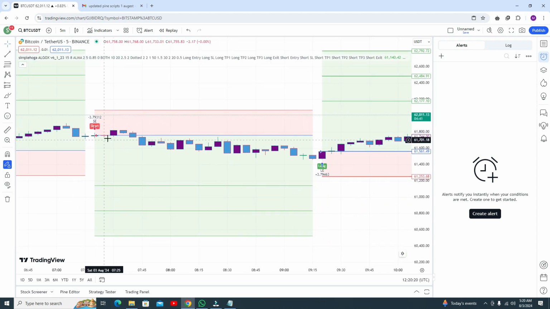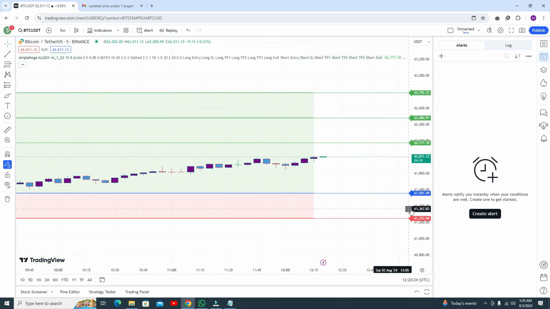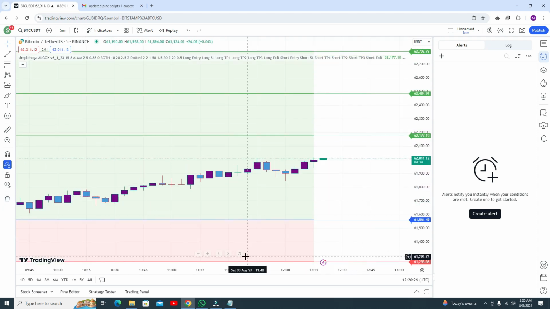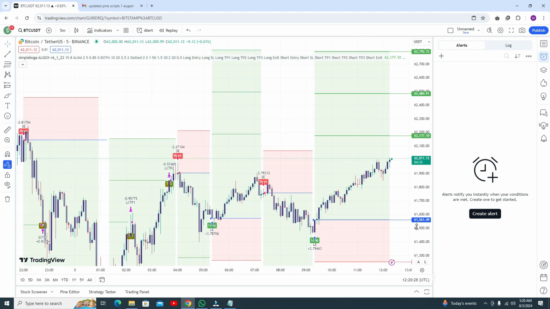Okay, and this one also gave you a few dollars profit, and this one is now giving you some good profit. When you got the entry, the entry point was 61,561, and now your trade is at 62,016. It's actually around a $500 movement, and that is a very big achievement.